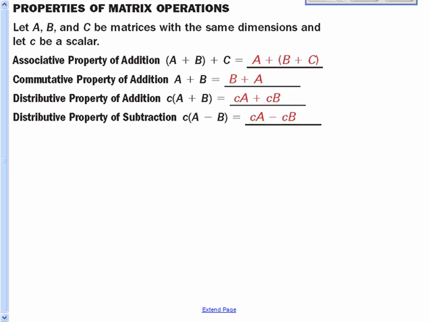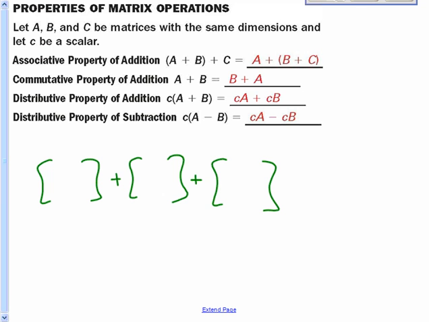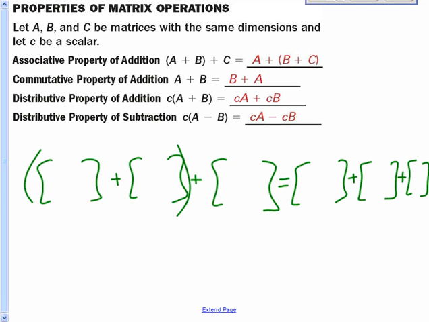Now here's your properties that hold for operations of matrices. Okay, the associative property holds. So that capital A, capital B, capital C, those are all matrices. So if you take matrix A plus a matrix B plus a matrix C, right? And if you take those two and you do those first, and then you add it to matrix C, well, that's the exact same thing. You'll get the exact same thing as doing the last two first, and then adding it to the first matrix,